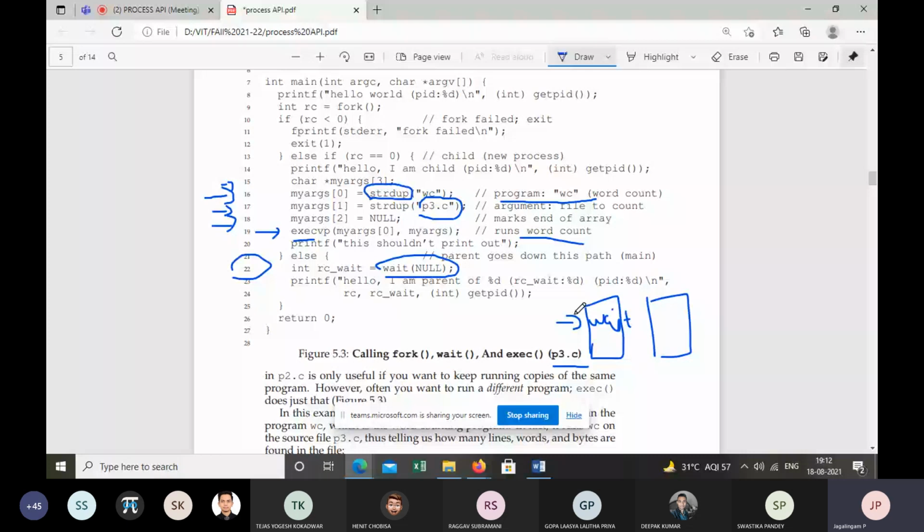On the right hand side, when the child completes the execution, the wait goes back to the parent process, saying that there is no further instruction for the child to execute. That is why we have null.